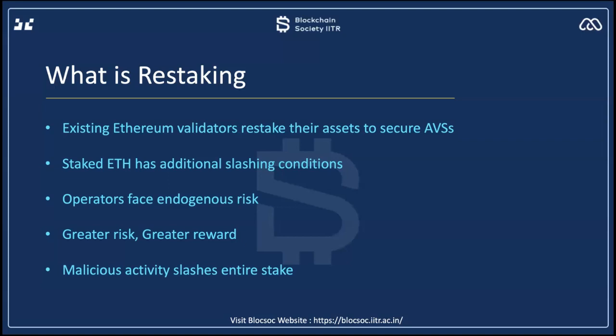So basically, a stake is getting additional slashing conditions. So what does that mean? Like with your stake for Ethereum, the slashing condition would be that you have to attest blocks, and if you attest a wrong block, then your stake will get slashed. On top of that, let's say that